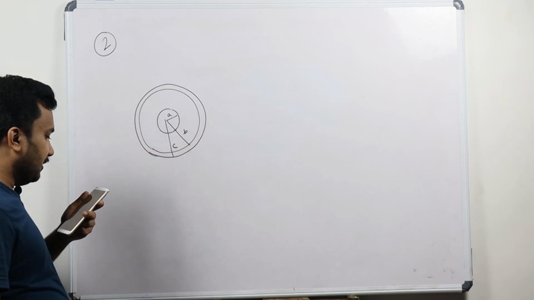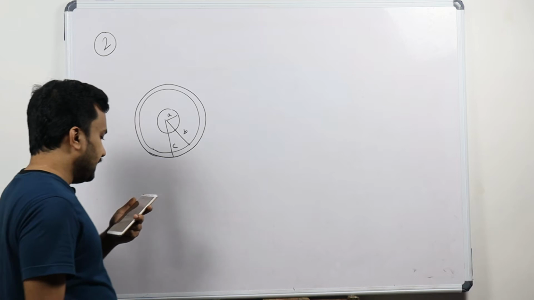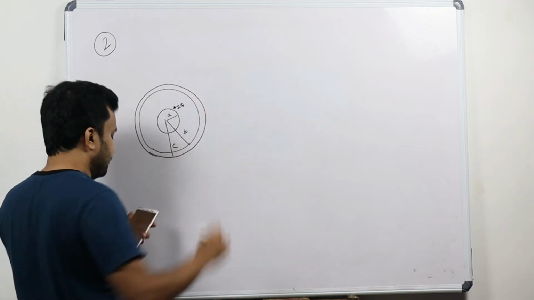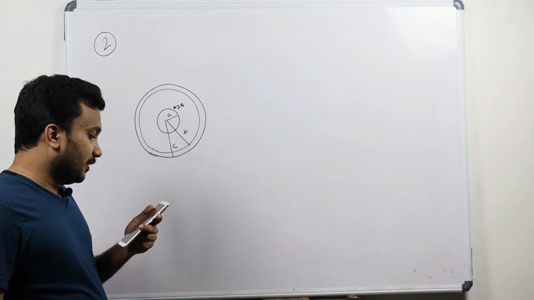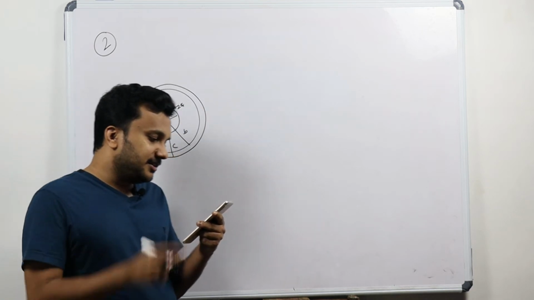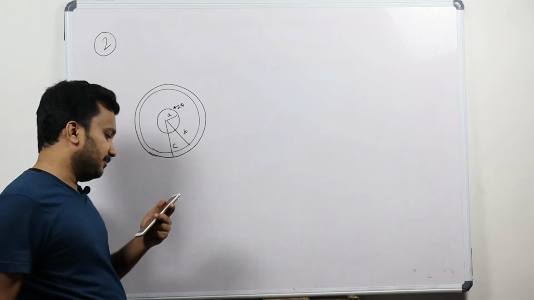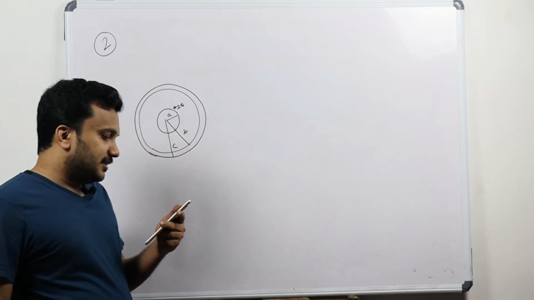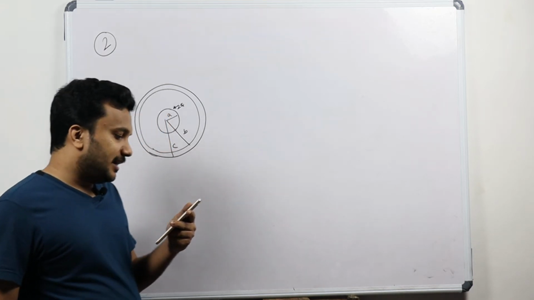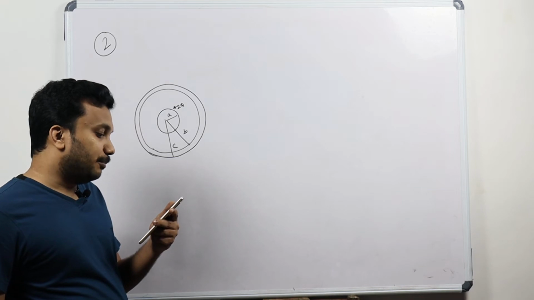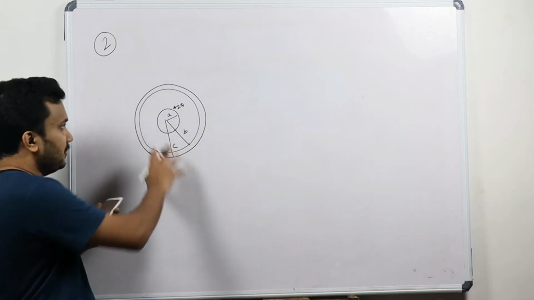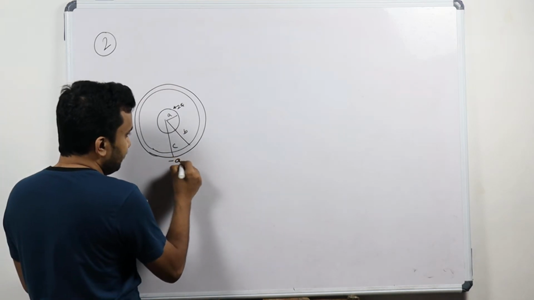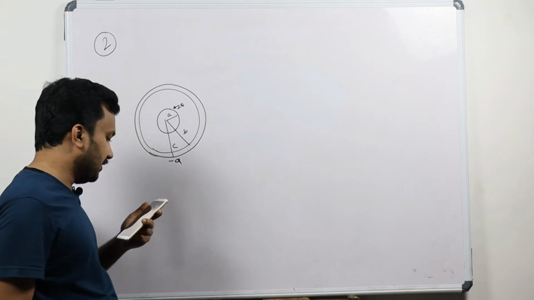A solid conducting sphere of radius A has a net positive charge of plus 2q, that is given in the question. A conducting spherical shell, meaning the inside is empty, has inner radius B and outer radius C respectively. It is given, it's well understood. It is concentric with the solid sphere and has a net charge of minus q. So this conducting shell will have a charge of minus q.